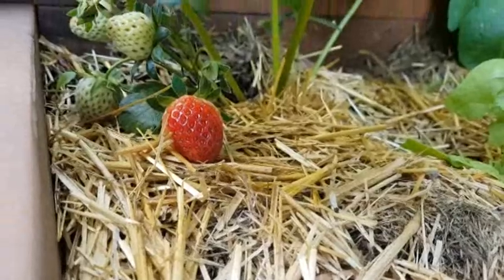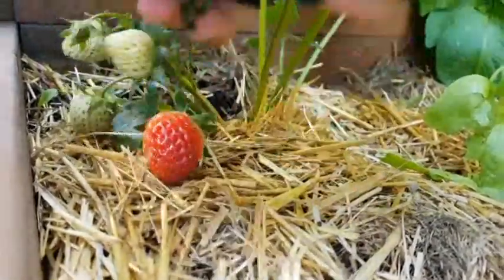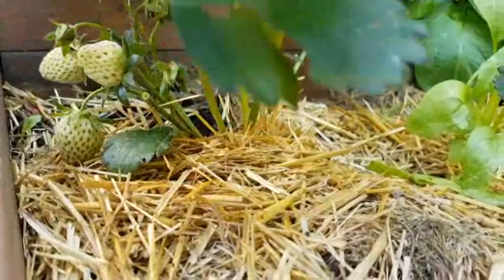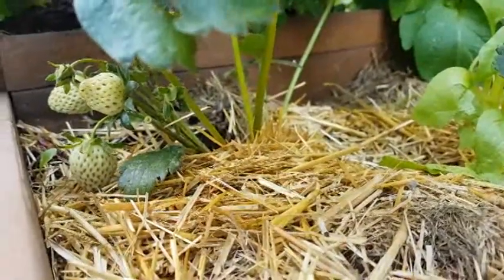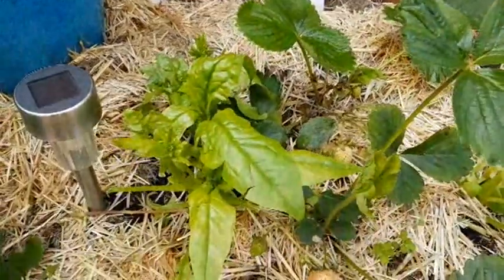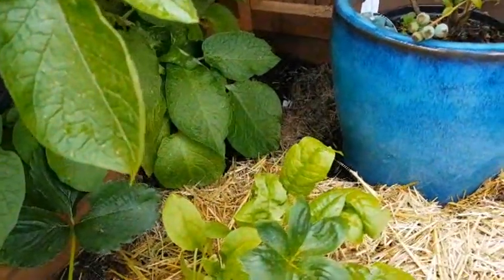What do we have here? Is it ripe on both sides? Oh no, is it rotting? Oh, it is too. Oh, look at that. It's so disappointing. I think I'm going to eat the other side anyway. Oh, so yummy. Anyway, that's a few more strawberries. I wasn't expecting to get any this year, so...